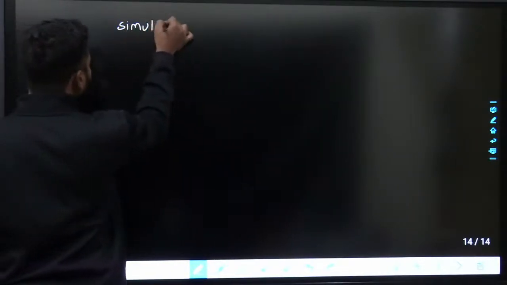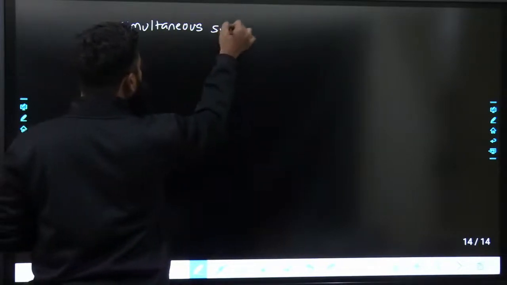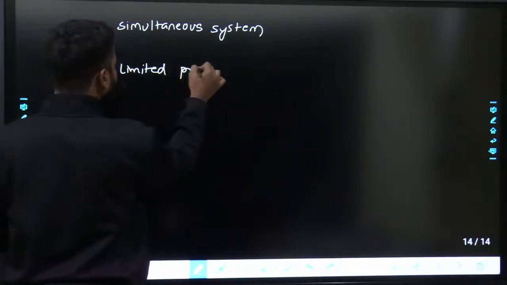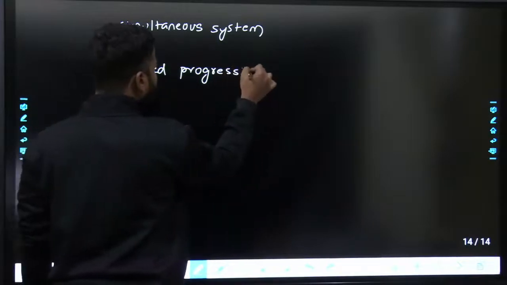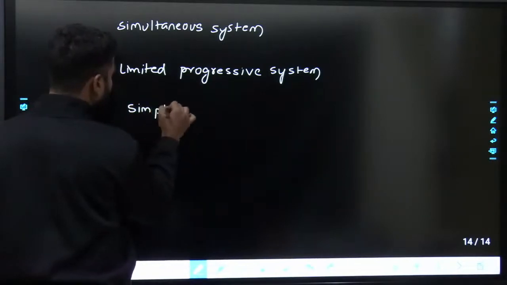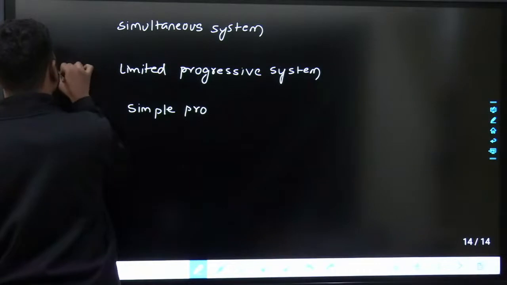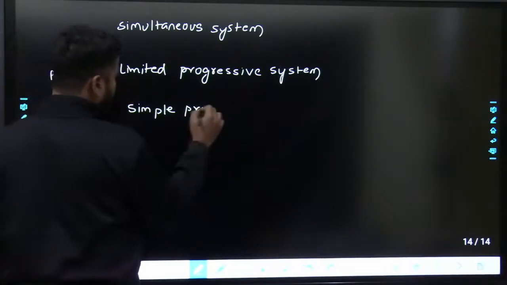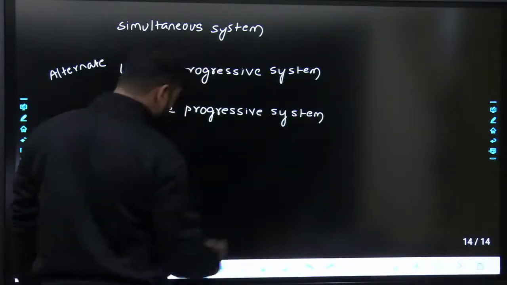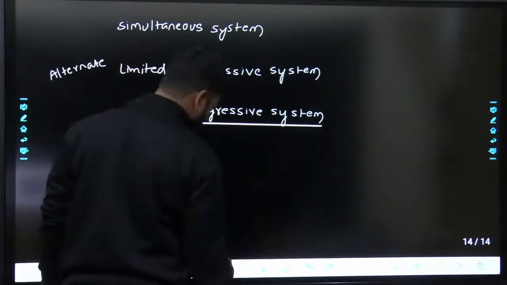And since you have asked about simultaneous systems, generally there are three systems. First one is the simultaneous system, then the alternate or limited progressive system, and then the simple progressive system. Fine. In a very simple way, if you want me to explain,